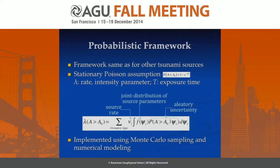So probabilistically then, we can look at this similarly to how we deal with landslide and seismogenic tsunamis. So basically it's the same framework, and we're starting from the stationary Poisson assumption, in which the probability that wave amplitude will be exceeded at the coast is given by that survivor function, an exponential distribution, where lambda is the rate parameter, sometimes called the intensity parameter, and t is our exposure time. Usually in flood hazards we take that to be 1 year, so we're dealing with annualized probabilities. So this is our